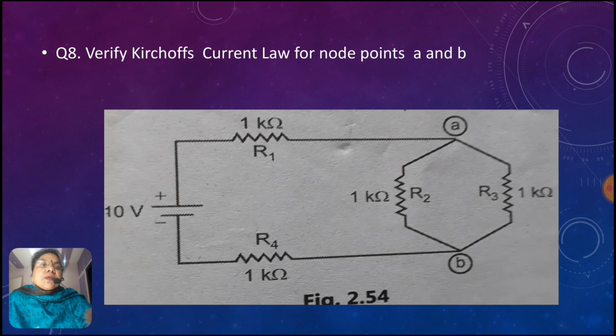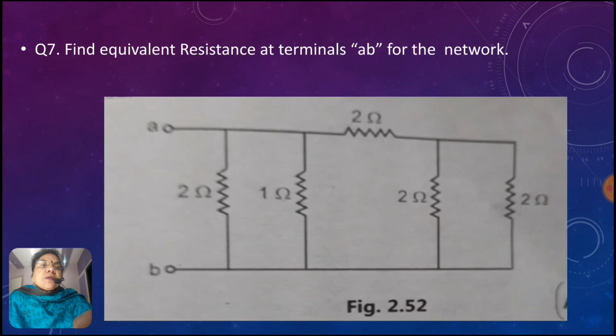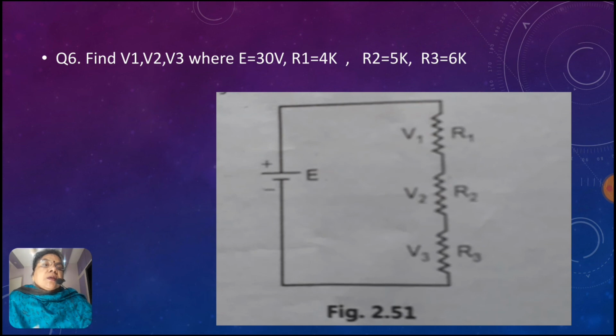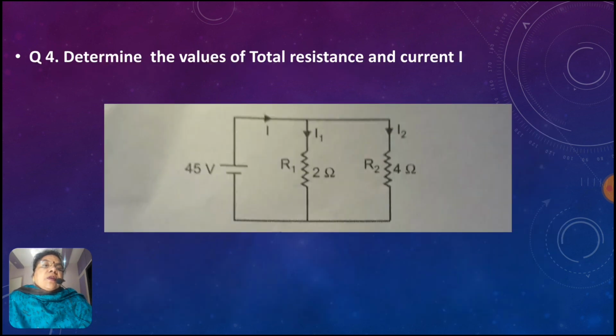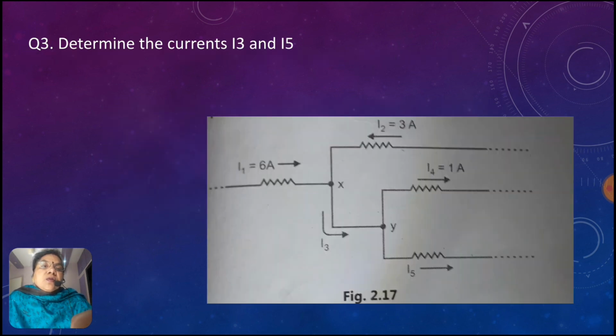So all these questions are based on whatever I teach you in this class. See, in this Kirchhoff's current law, at the node point you have to find out the currents. Here you have to find out the equivalent resistance by parallel and series combination. Here voltage division is possible. V1, V2 you can find out using Kirchhoff's, just like apply Ohm's law. Here also you can find out the current division. 1 ampere is divided into 2 branches. Then here determine the value of total resistance. Use the parallel combination. Here also parallel and series combinations and current division formula you have to apply.